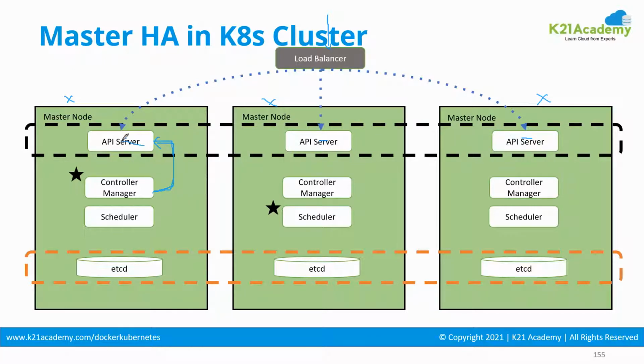So for the API server component, there is no leader election. But for the controller manager, scheduler, and ETCD, there is an election. Now think about that. There are 3 API servers here. This is a controller. Let's say this is the controller manager, which is now the leader. So this endpoint will get added here, and this endpoint will also get added here